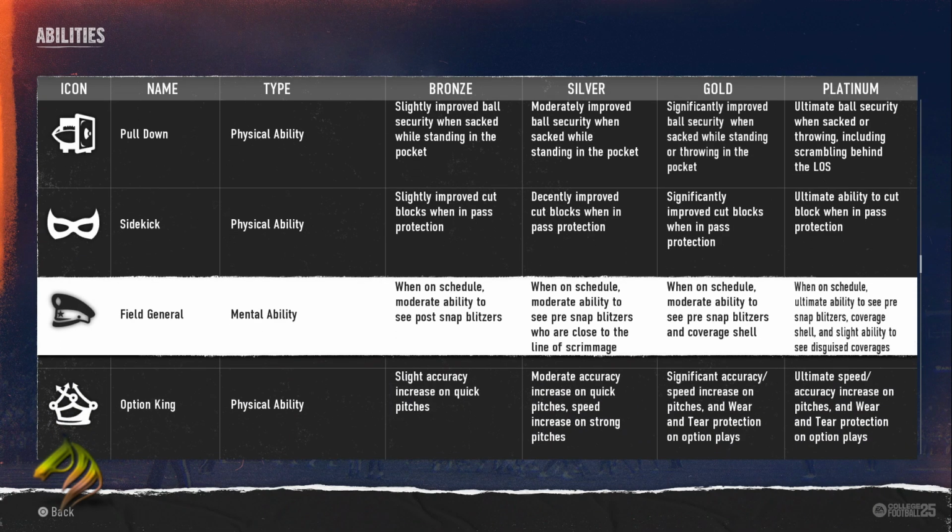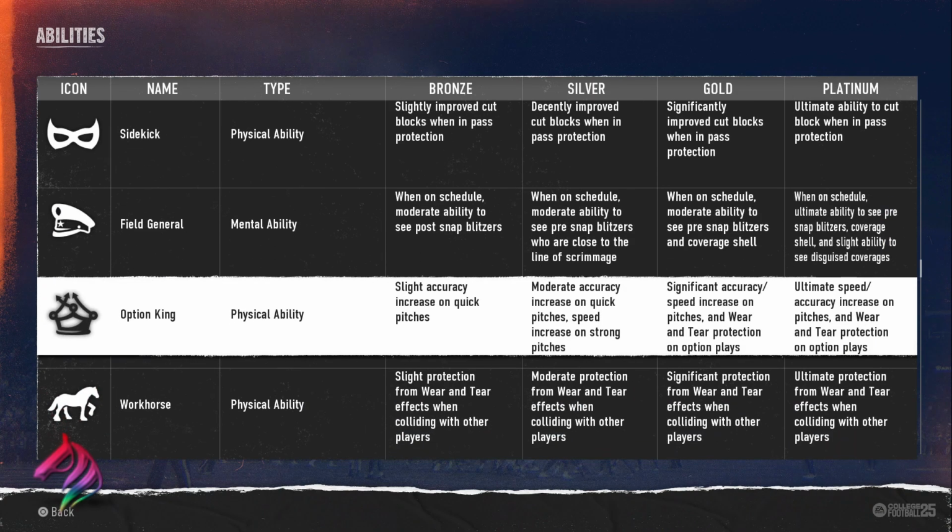Then you got Field General, which is another mental ability. When on schedule, I don't understand what that means. Moderate ability to see post-snap blitzers. I don't understand what when on schedule means, but this is threat detector. And then when you get to Platinum, it's threat detector, it's Omaha, this is gonna be one of the most annoying abilities in the game, and it's gonna be very, very frustrating to